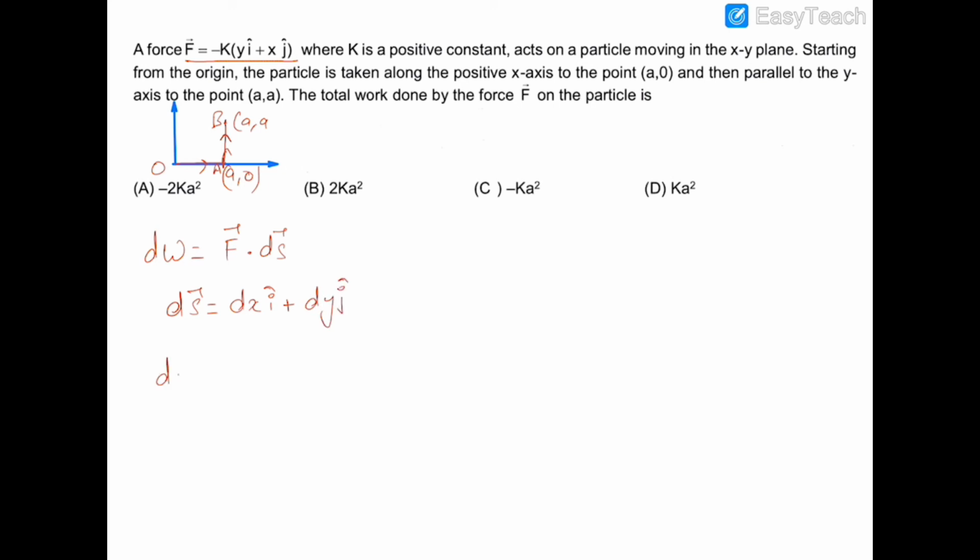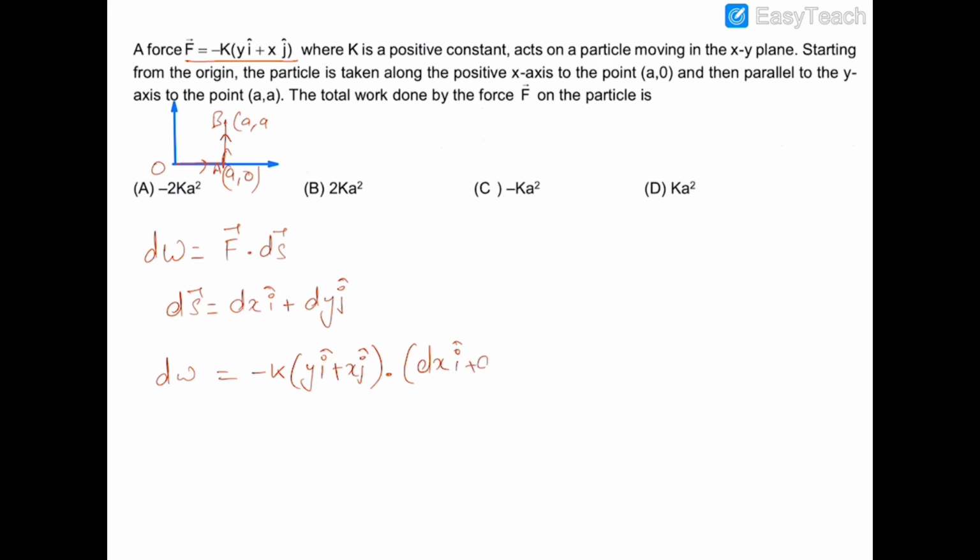So dW can be written as F, in fact F is equal to minus K y I cap plus x j cap,